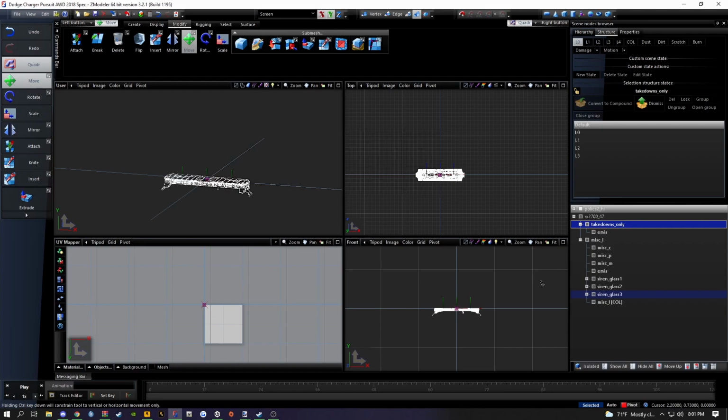And then what I always recommend too, down here where it says auto, if it's highlighted and lit up, turn it off. You're not going to want it. It's better off not to have it and to start off using Zmodeler without it, and it'll help you immensely not to mess things up. So when you have that turned off,